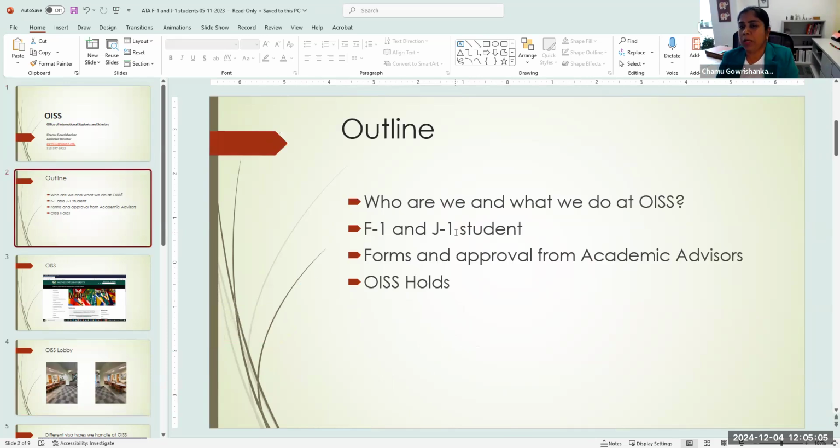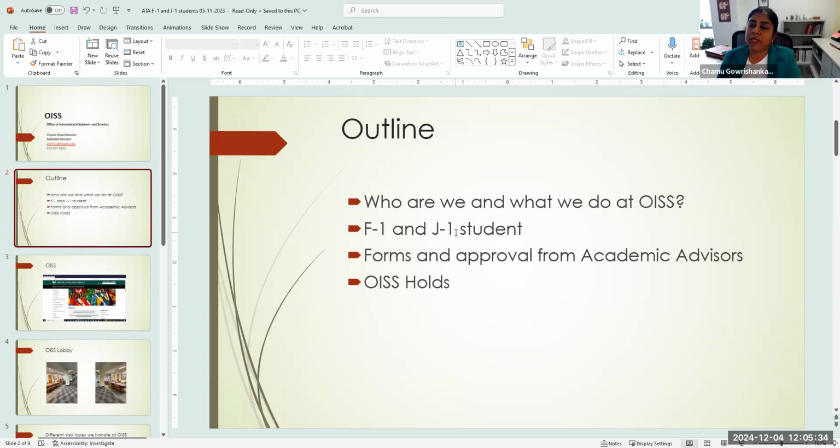And what we're going to talk about in this hour is who we are as a department and what we do, and also talk about the two student visa categories, which is F1 and J1. I won't go too much into the immigration regulations, but just give you an overview of things that you should be noticing when you see F1 and J1 students.